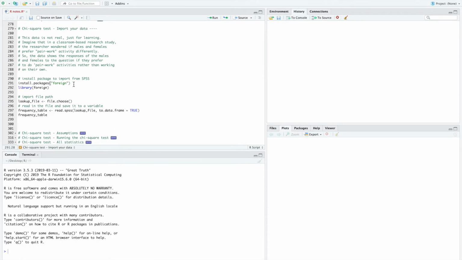In order to import that data, first install this package, foreign. I've already installed it, but you can pause the video and take the time to install it if you need to. And then load that package with library(foreign). Here you can get the lookup path. You can get the path to the file on your computer by calling this code and saving it to a variable. So file.choose